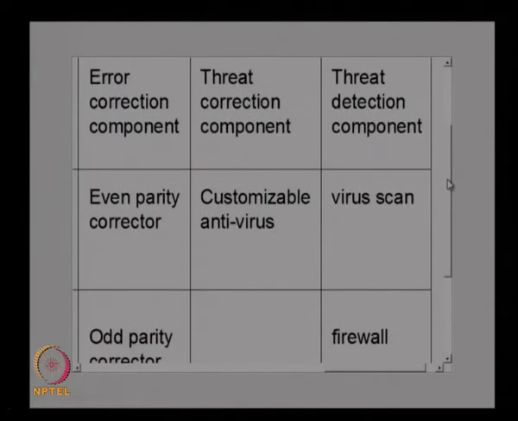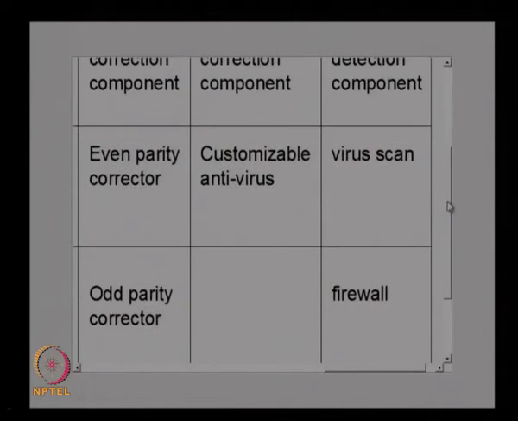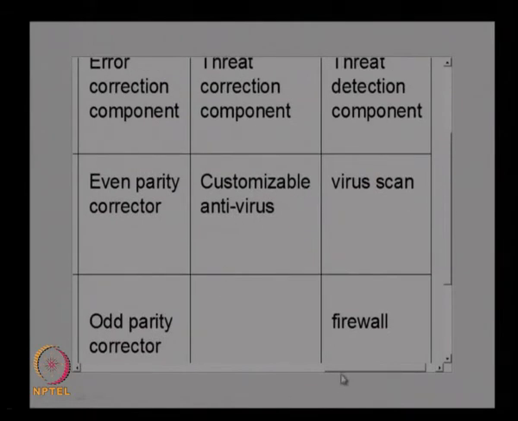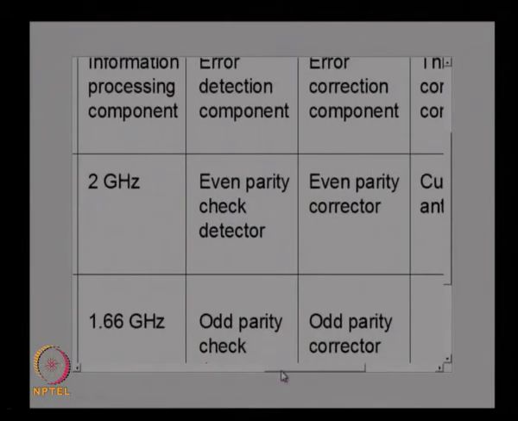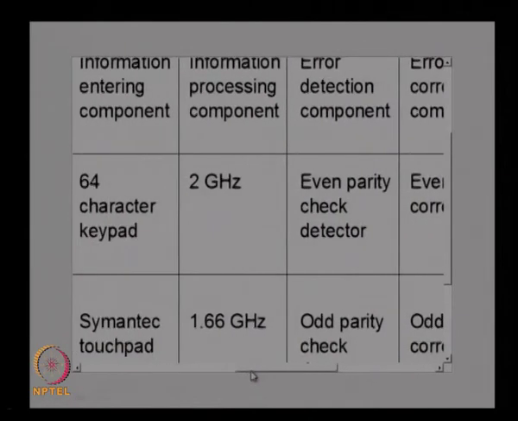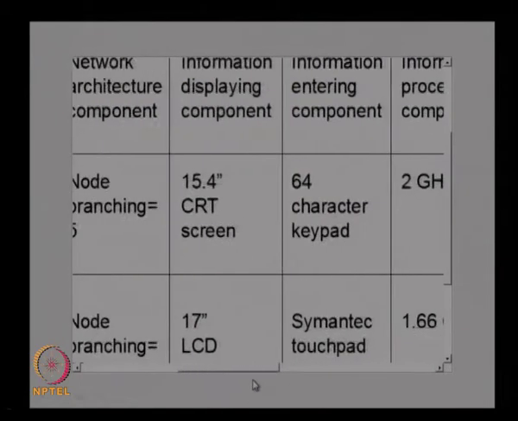You can see here you can have firewalls or virus scan methods or antivirus options, parity corrector, parity checking, then we have the options for processing component whether 2 GHz or 1.66,